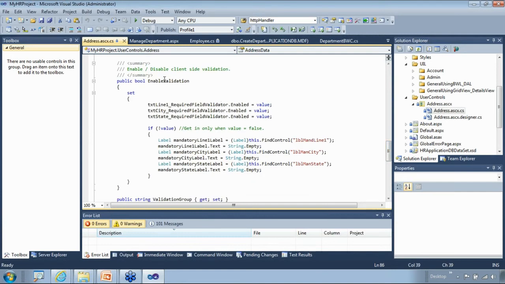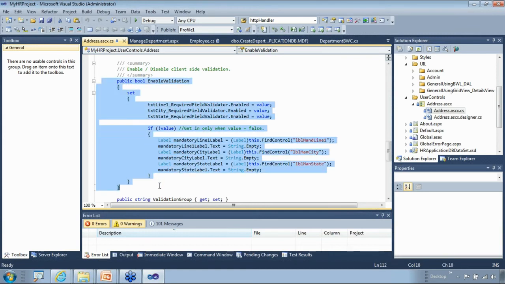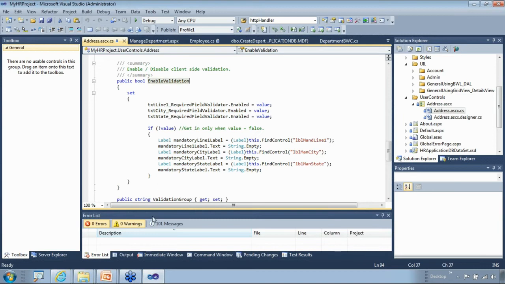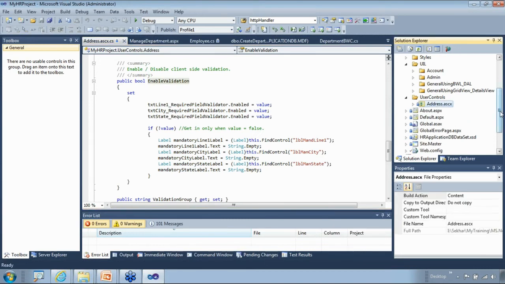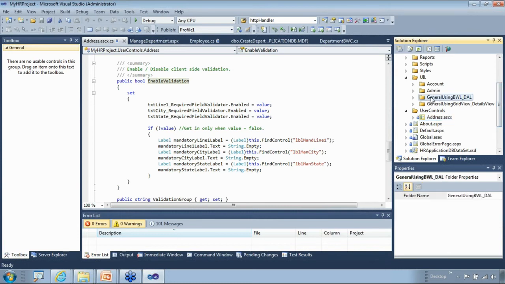And enable validation, this is another custom property that I added. When I add a property like this, this property is available from my page wherever I'm going to use it. So I'm going to make use of this. Enable validation is one thing, because permanent address is optional,